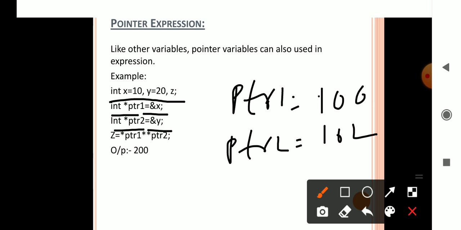That means ptr1 value into ptr2 value. *ptr1 means the value at address 100, that is the address of x. So *ptr1 means the value of x, 10. *ptr2 means the value of y, that is 20. So 10 into 20, 200.